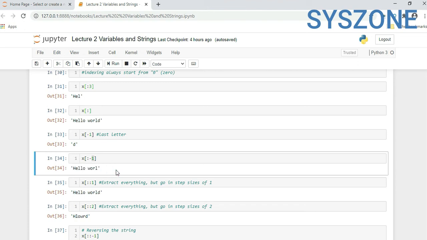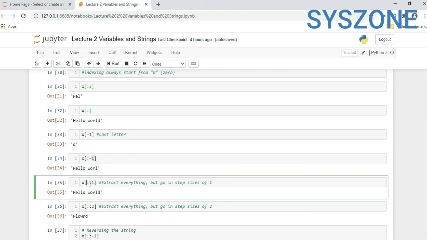Now if you want to extract the whole string, this is one kind of slicing where before this colon there would be the start position, here would be the end position, and at the end it would be a step. So it will take a step. It will by default, because here we are not providing any start and end position, take the start position, means 0, and the end position, whatever the length of the string, and it will take one step, like h, then one step e, then again step l, then o, then l l o.